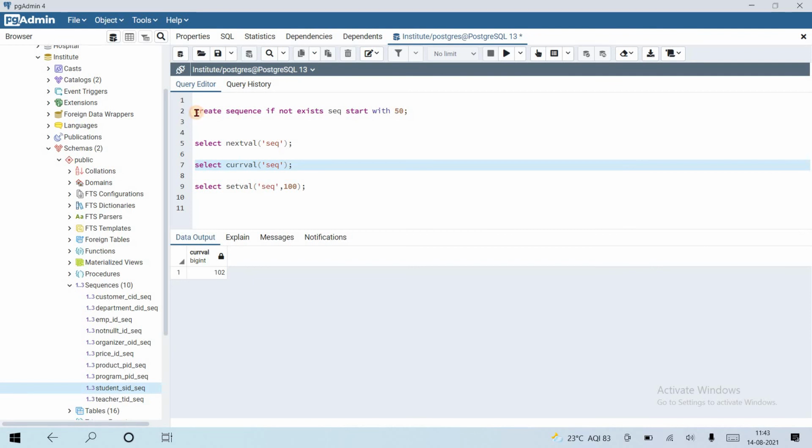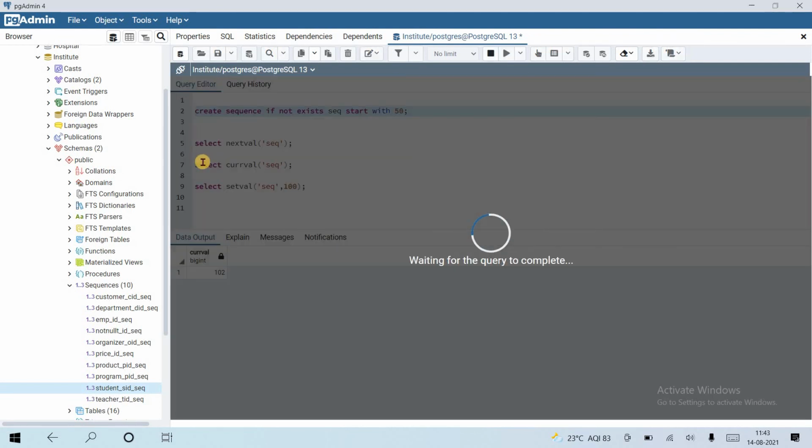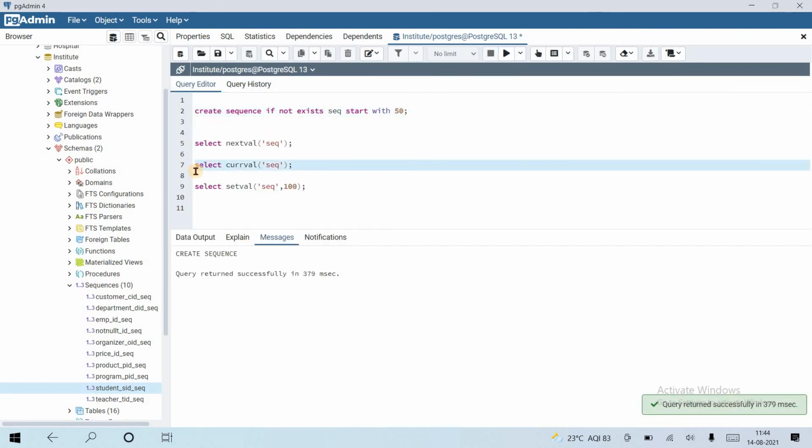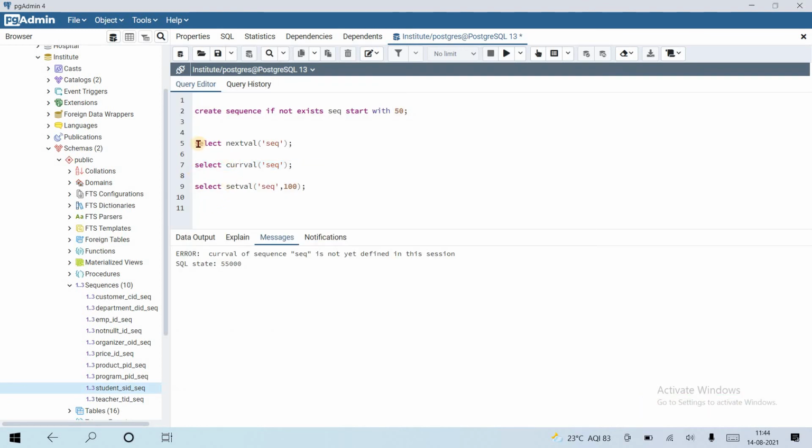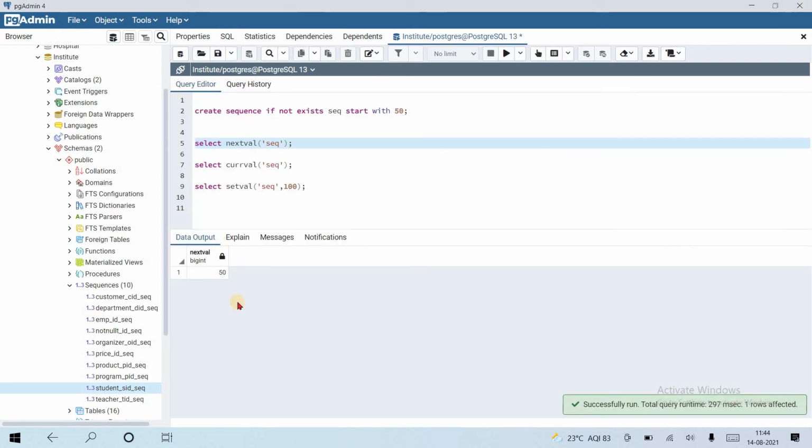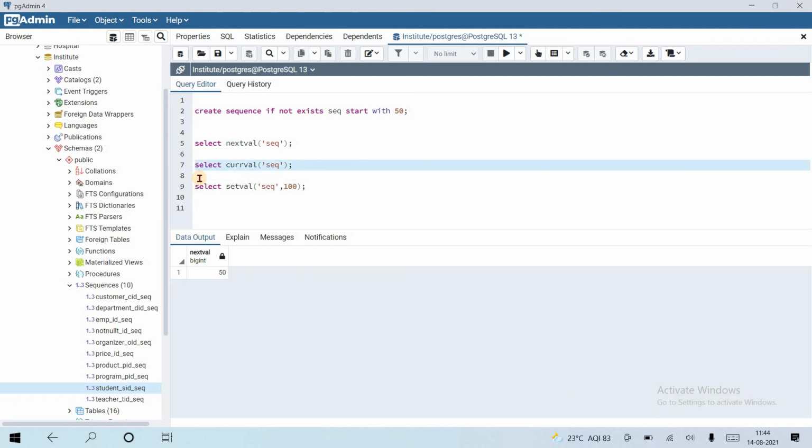Okay, now create the sequence with 50, and if I run the current value, you can see that the current value is not yet assigned because first we need to run the nextval function. After that it will start with 50 and increment by 1. After that we can use the currval function, not before that. Okay, the current value is 50. So that's all about creating a sequence with the start with value.